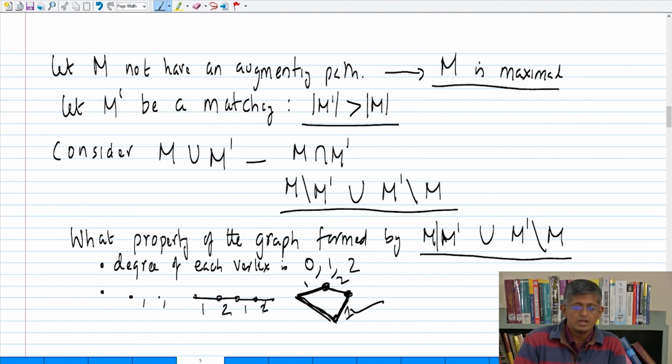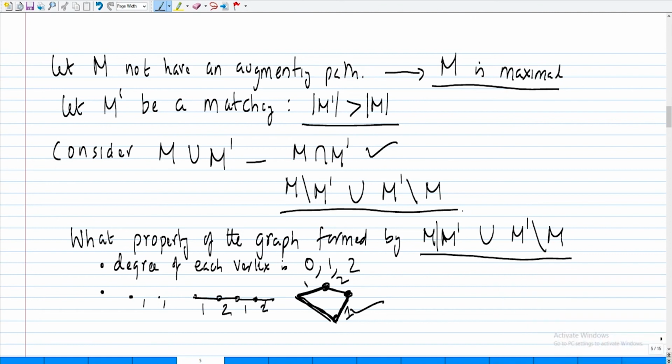So, now what do we know? We know that M prime has even number of vertices, M has even number of vertices, and M prime has more vertices than M. When you take out the common vertices and look at them,